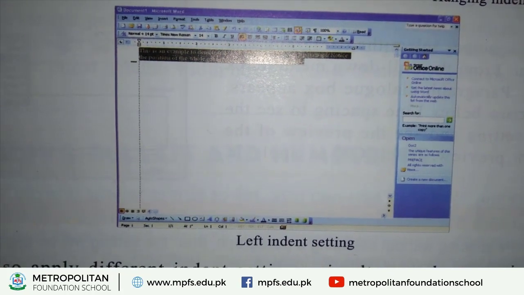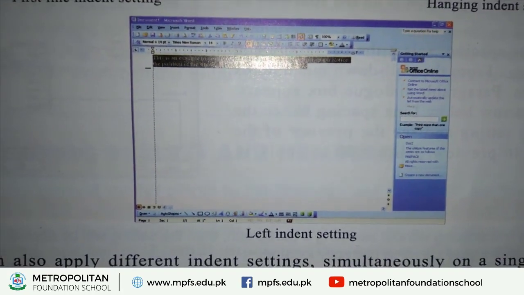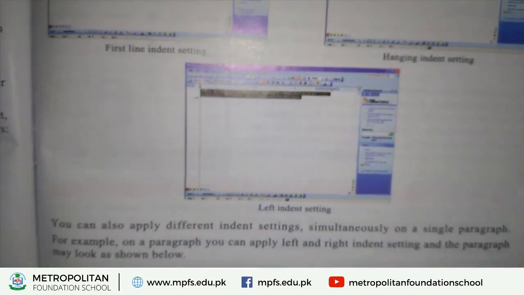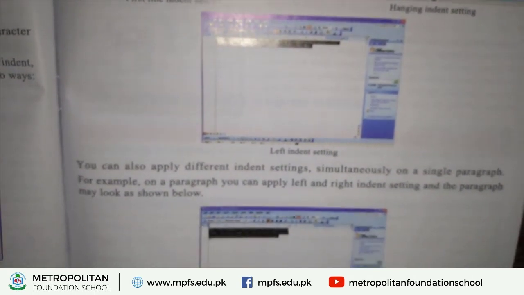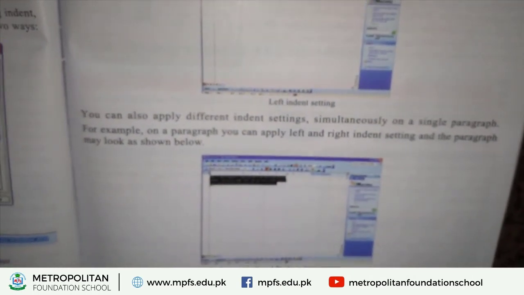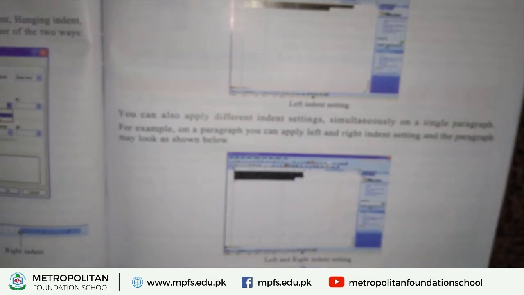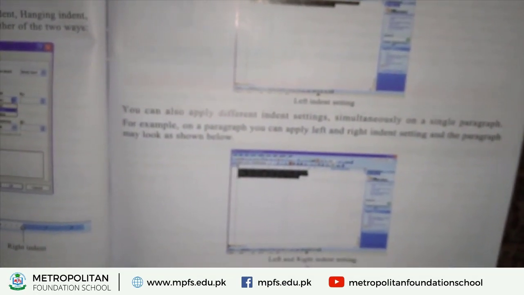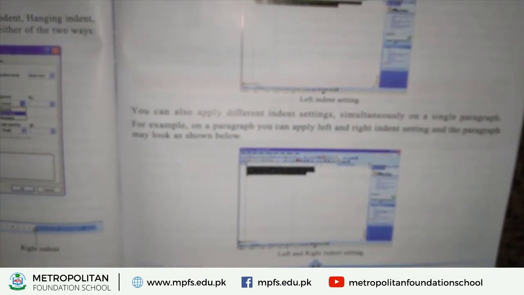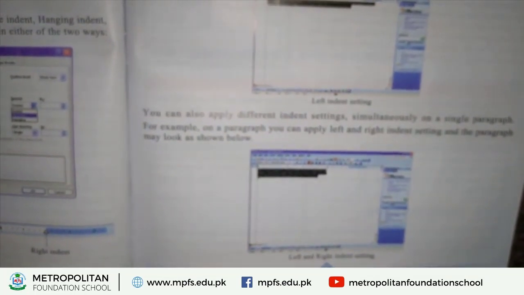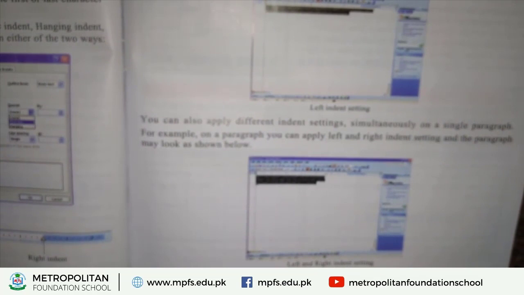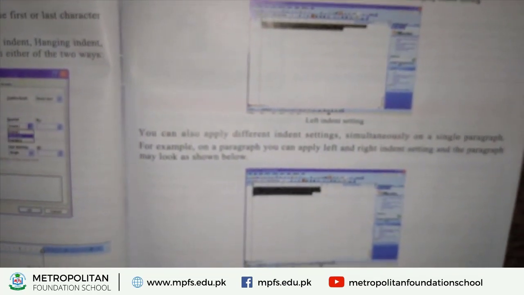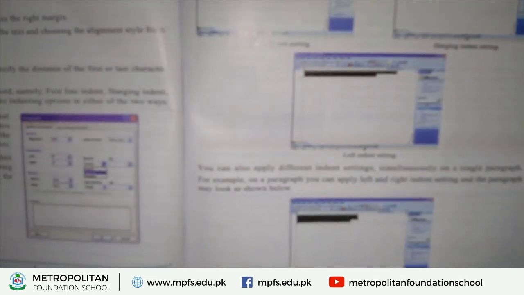Page number 67. You can also apply different indent settings on a single paragraph. For example, on a paragraph you can apply the left and right indent setting, and the paragraph may look as shown below in these pictures. Okay, now you have learned indent settings in MS Word.